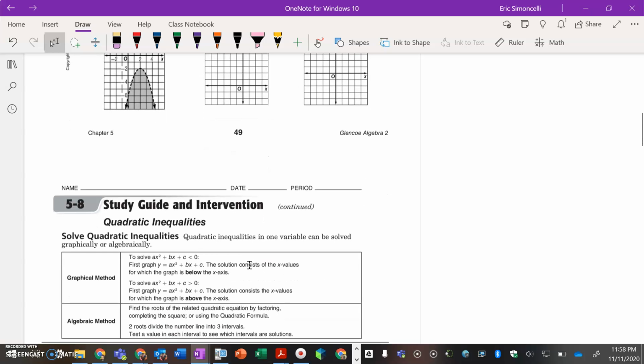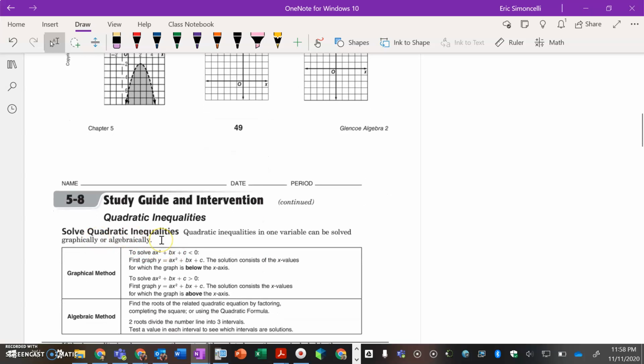Moving on, we're going to continue where solving quadratic inequalities in one variable can be solved graphically or algebraically. We've already discussed completing the square. That will be something that you can do as an algebraic approach. You could also use the quadratic formula. And if it is a factorable quadratic, that should maybe be your best option if you see that to be the case. Graphically speaking, we've already discussed how that's going to take shape, but there's more nuance to